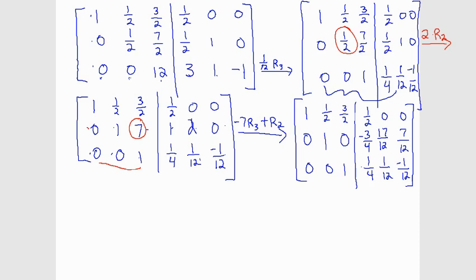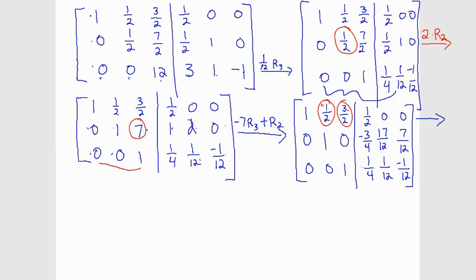Final thing is to get this to be 0 and this to be 0, and you can work on that in any which way. If you're going to work on this one first, then that's going to be working off row 2, and if you're going to do this one, it's going to be working off row 3. So again, I'll start with 1/2. We'll take, oh, nope, sorry, wrong row. So we'll take row 2 and we'll multiply it by negative 2, and we'll add it to row 1 to